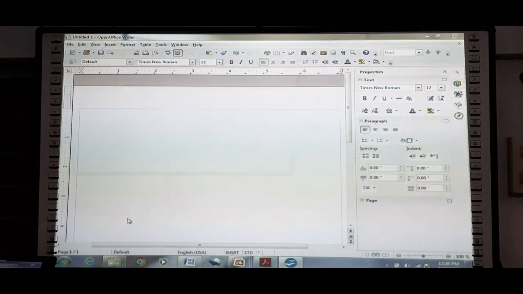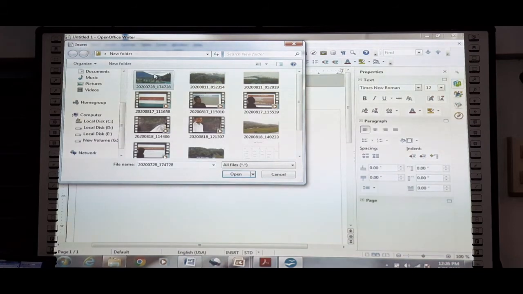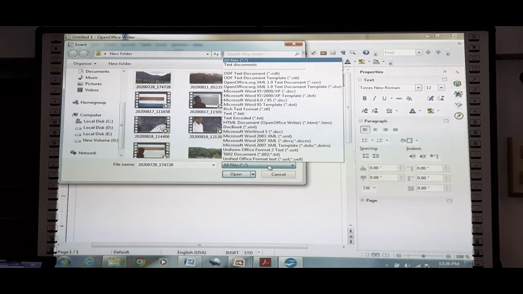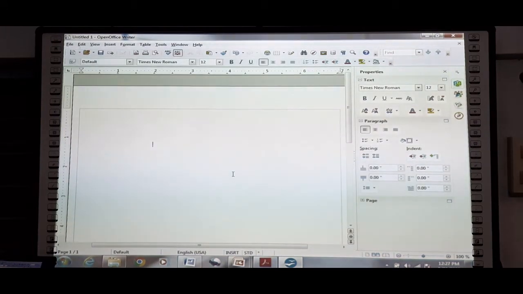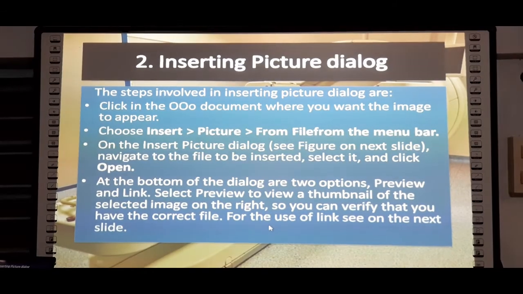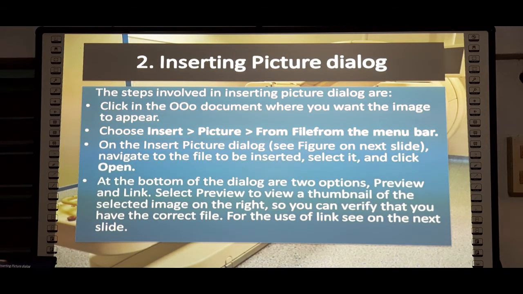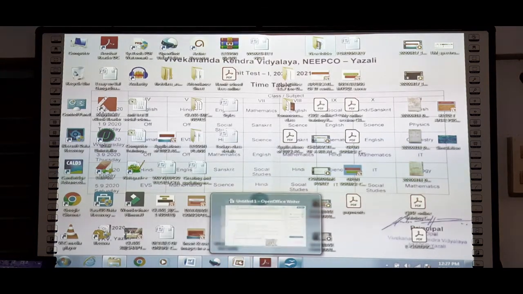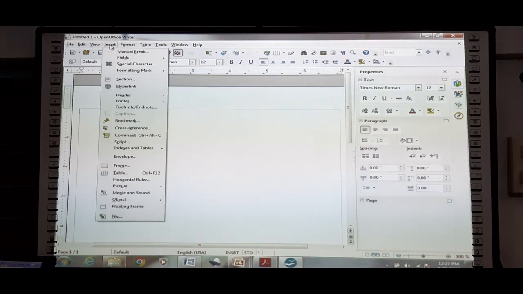Insert, file, select all files, open. Go to insert picture.